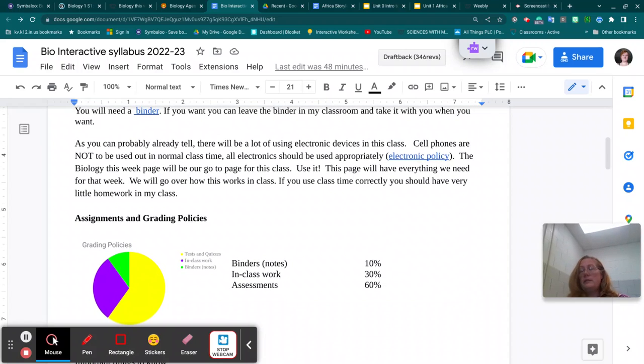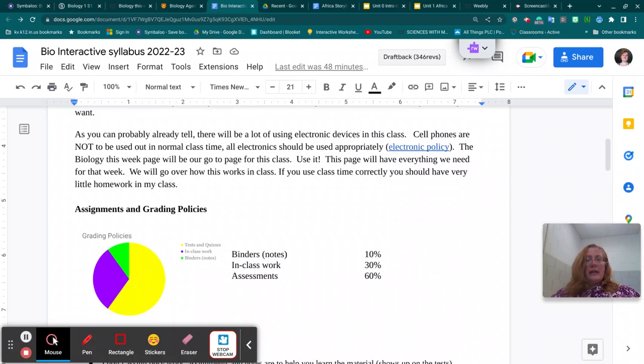There will be room to keep your binder in my classroom. So if you feel that you don't want to carry your binder, you're afraid that you're going to misplace it, you don't have to carry it around. You're very welcome to leave it in my classroom. Okay, so